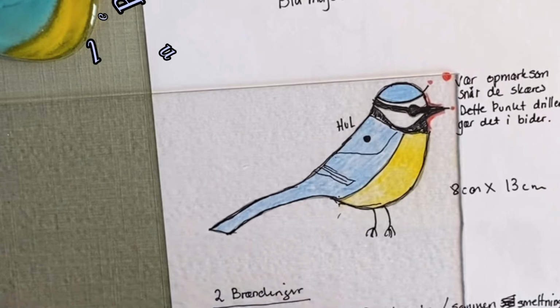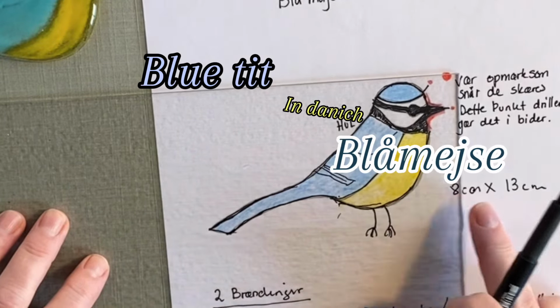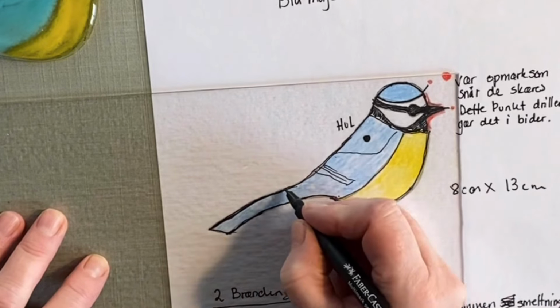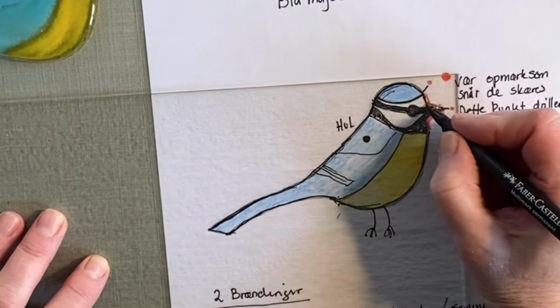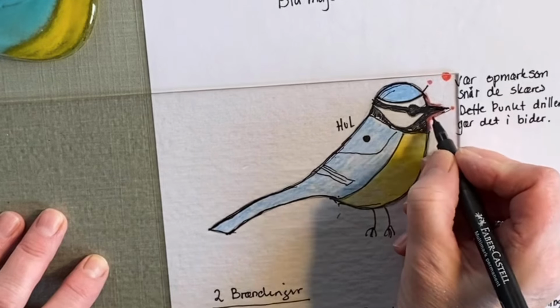Today we're going to make a blue tit, in Danish called en blåmejse. I'm using one of my drawings here to mark where I'm going to cut the glass. When you're going to make several of a thing like these birds, it's very useful to have a model to